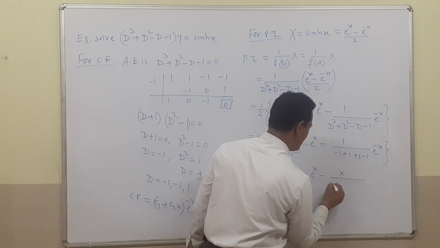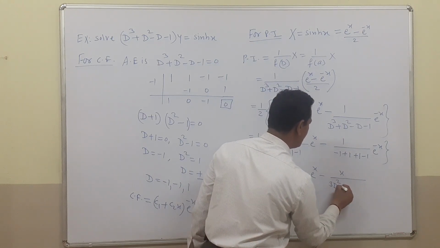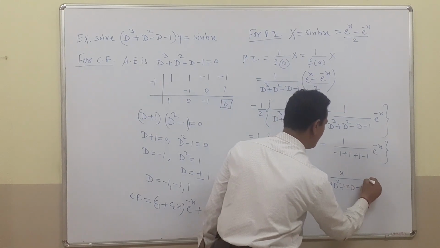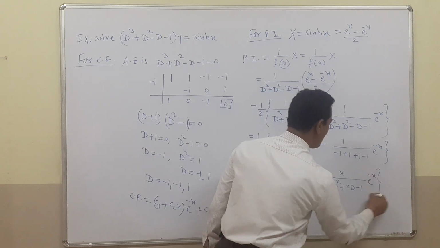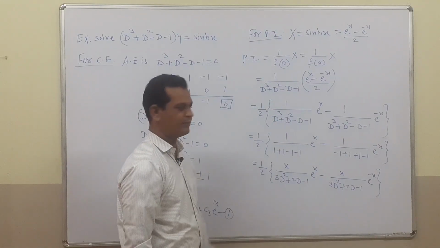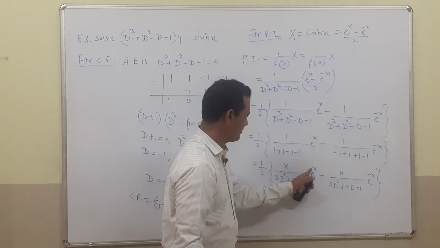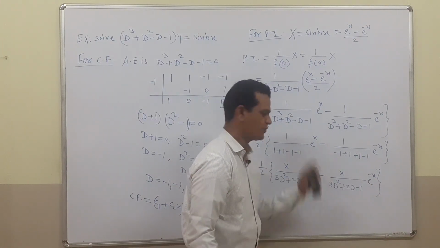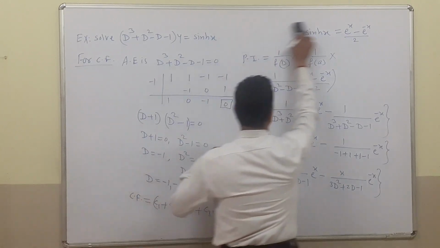As the denominator term is 0, so once again take the derivative of this term. So we can take the derivative with respect to d, then this is 3d square plus 2d minus 1 into e raised to minus x. So this is the simplification of this term. Once again replace d by a, which is 1, and replace d by a, which is minus 1 in this equation. So we get the next step as